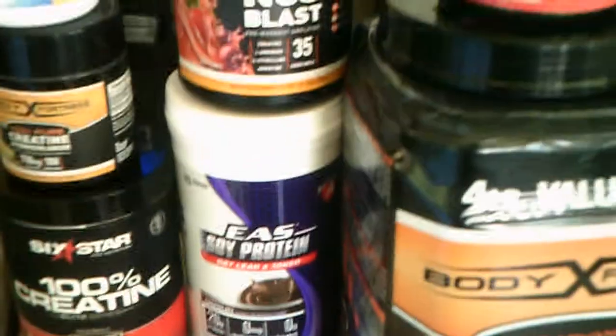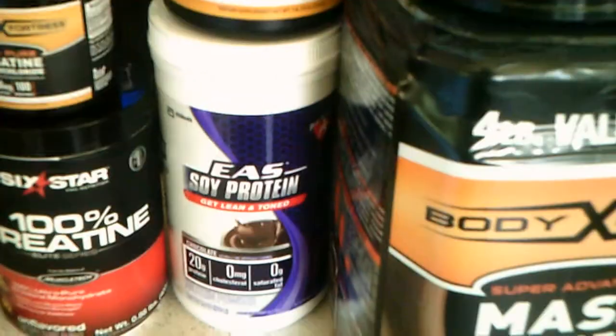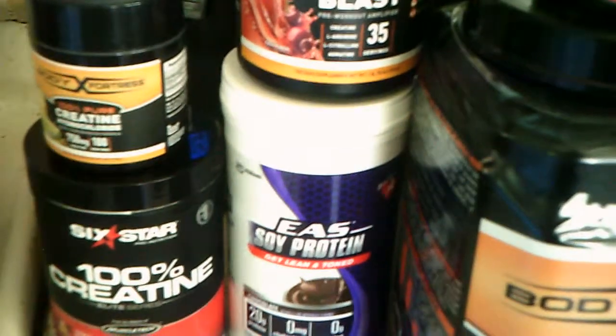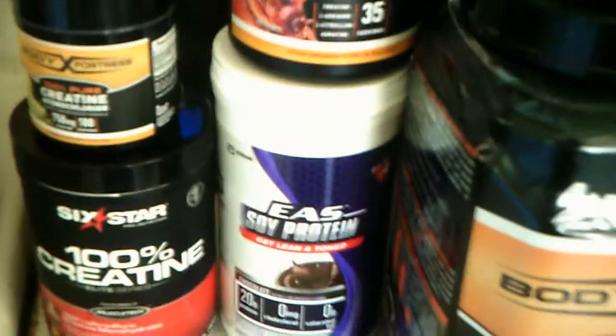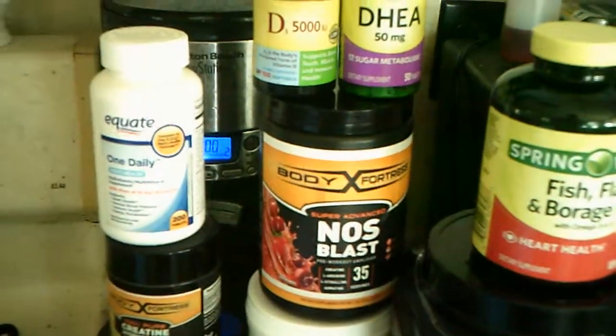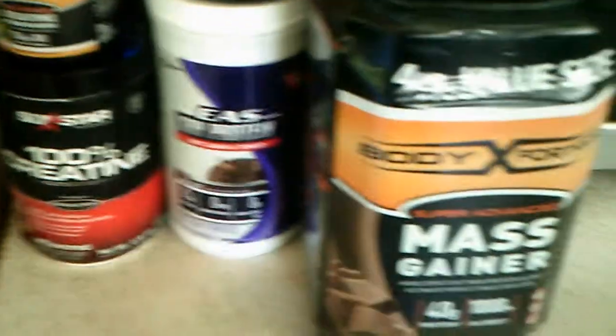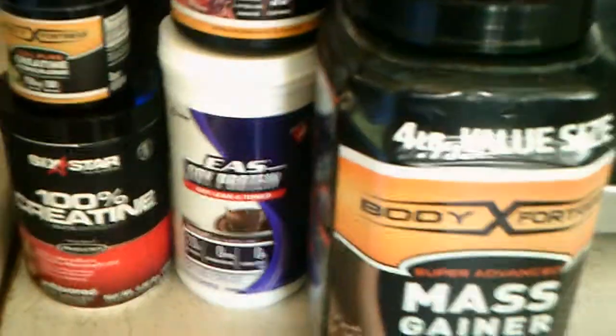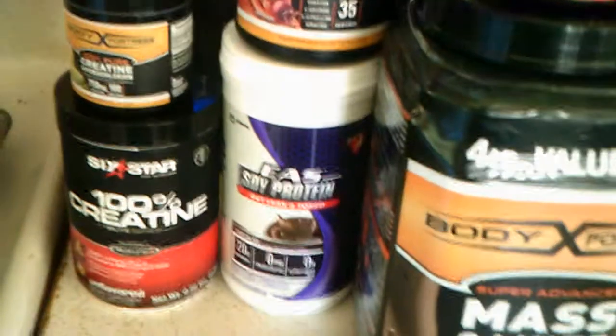Now I do have Gatorade that I'll probably mix in with the creatine hydrochloride for the intra workout. Friday it was like 100 degrees in the gym. Okay? But this is my stack. It's nothing insane. I mean, you could probably run for a 1 month supply. This would be under. Well, no, this would be